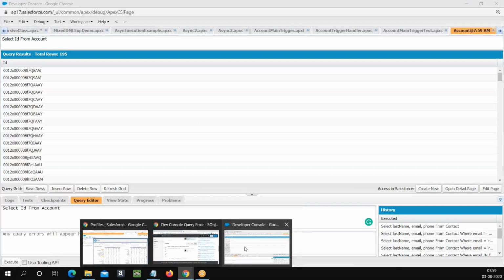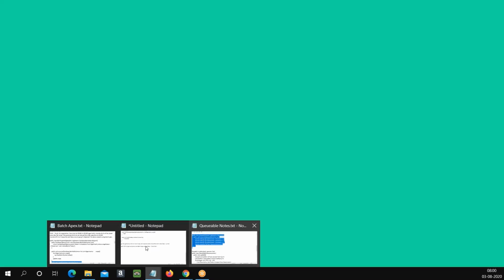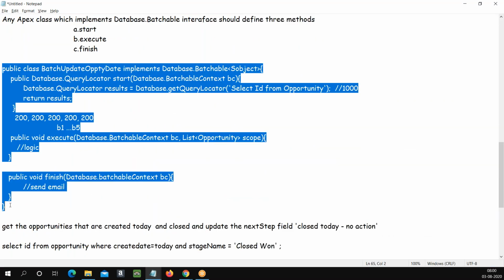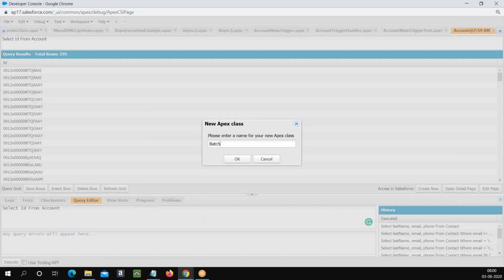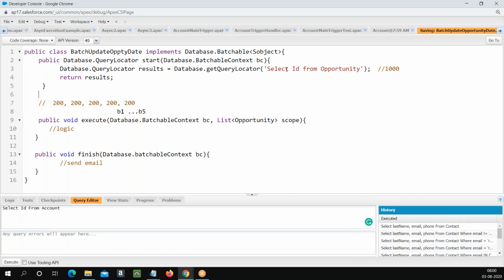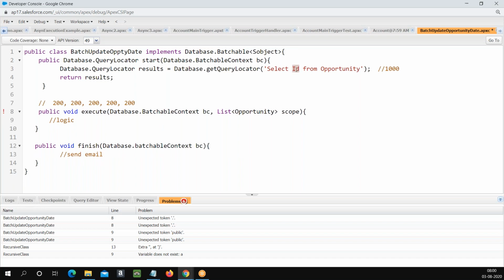Right, so we'll quickly write a batch apex now. Let's take the batch update opportunity date. So what is the query we are going to build? What are you going to update first? You're going to update the date, right? So we need a date field here: CloseDate from Opportunity where